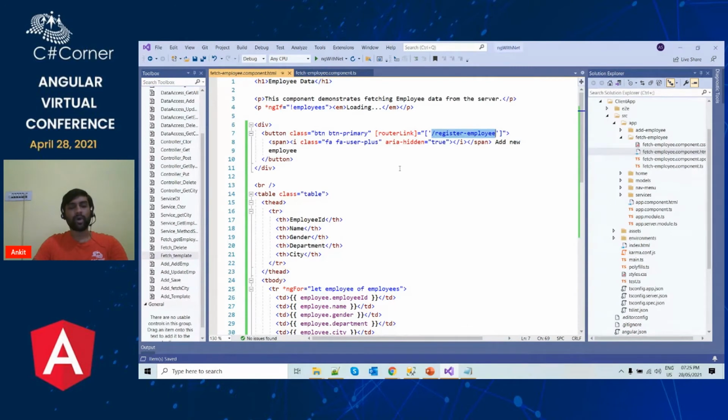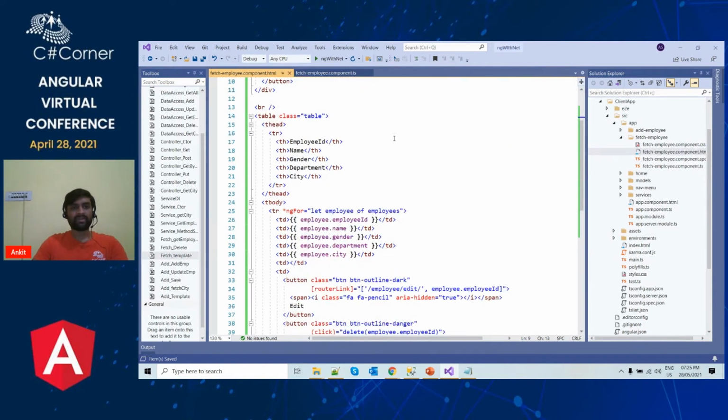Currently we have not defined this component. This is the add employee component which we are going to define next. So we have just added this button, but this button will be functional only after we configure the add employee component. This will allow us to add a new employee data to our application.